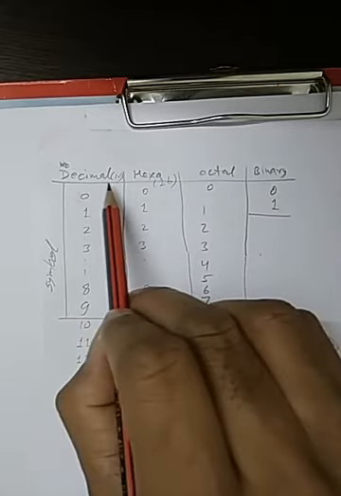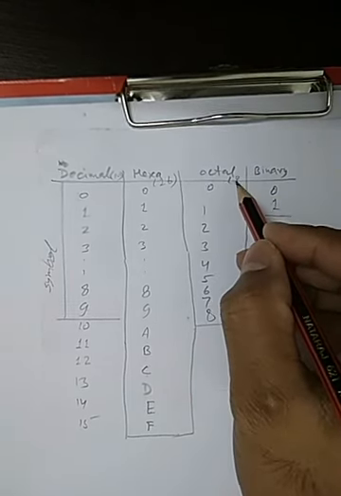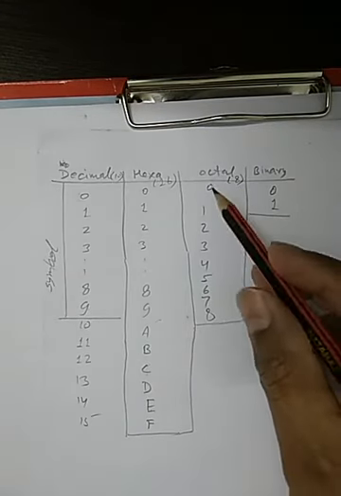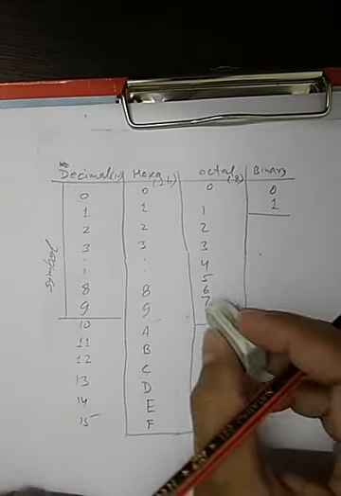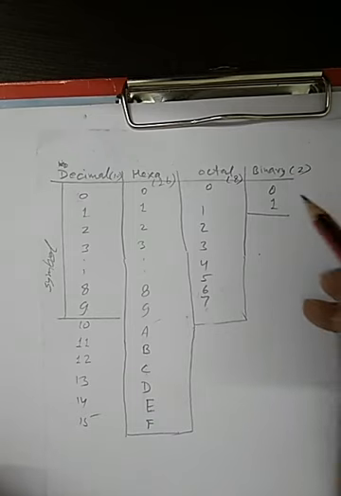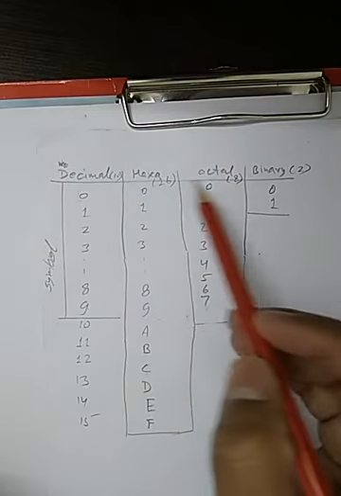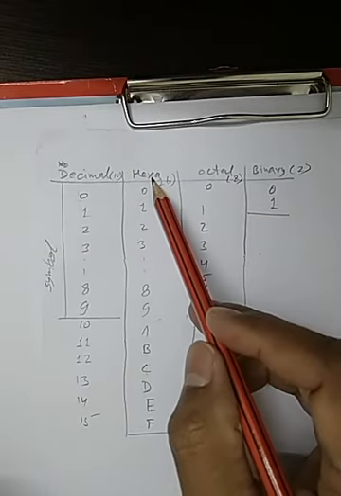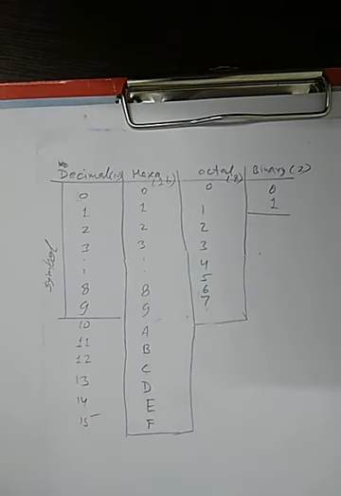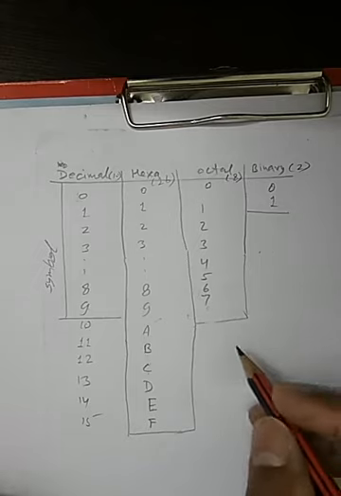For example, in decimal number system I have 10 symbols. In hexadecimal I have 16. In octal number system I have 8 symbols, 0 to 7. Similarly, in binary number system I have only 2 symbols, 0 and 1. So we can see the base 10, 16, 8 and 2 for decimal, hexadecimal, octal and binary number systems. Let us see how to do some arithmetic based on these number systems. Particularly I am dealing with the addition process.